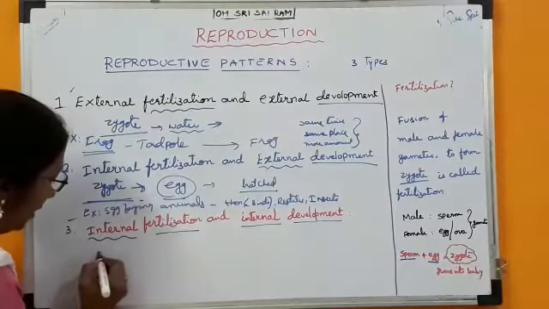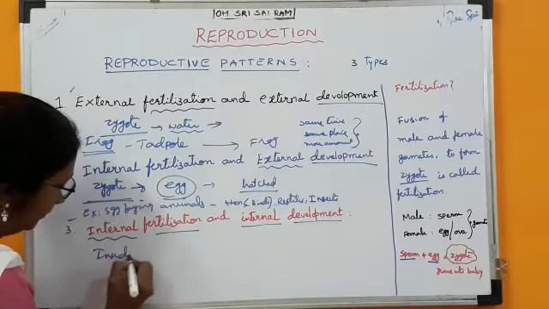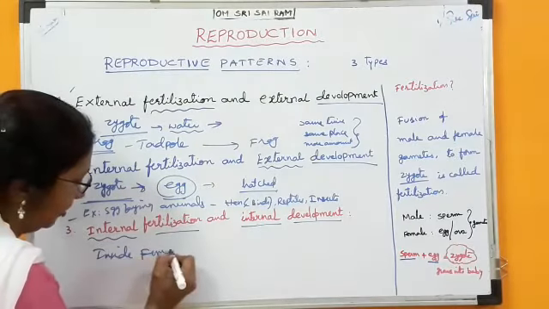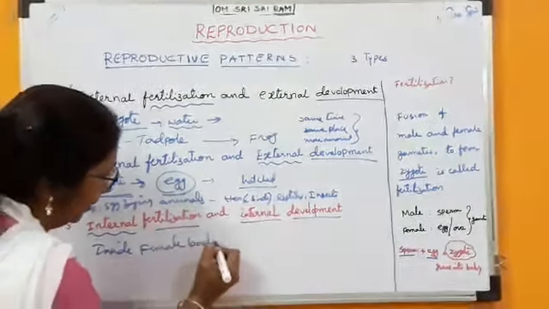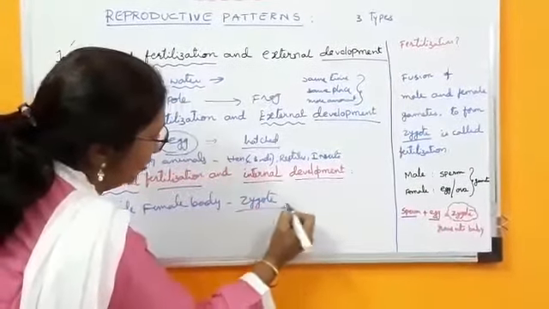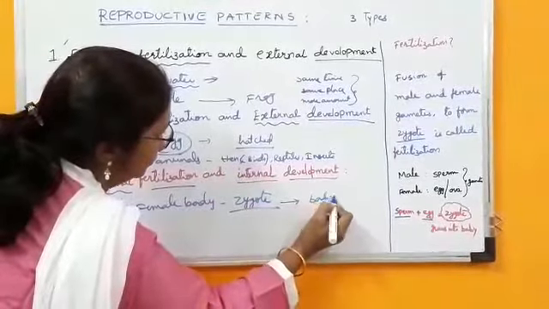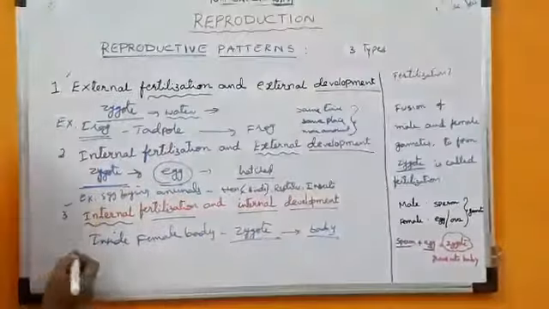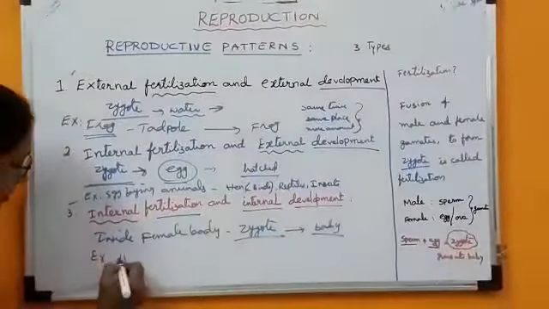What will happen inside the body of the female? Inside the female body, fusion takes place, zygote will form. The zygote grows into baby. Like how we all born. Example, human beings,